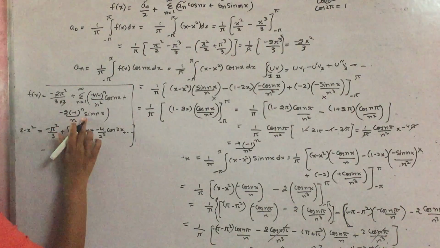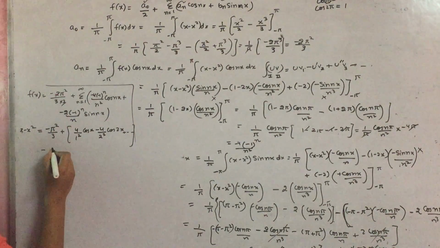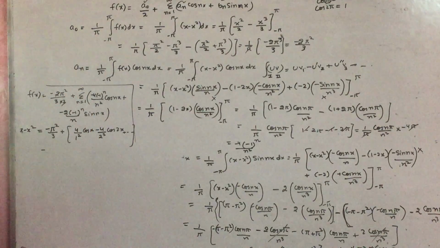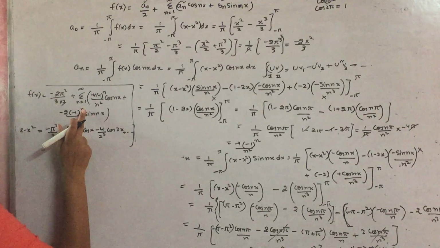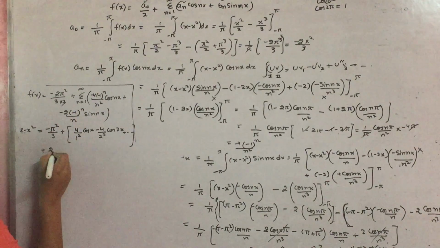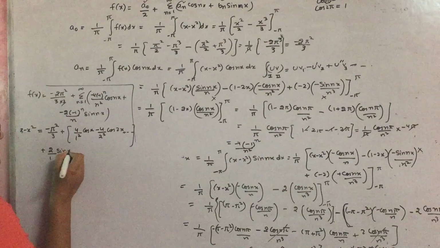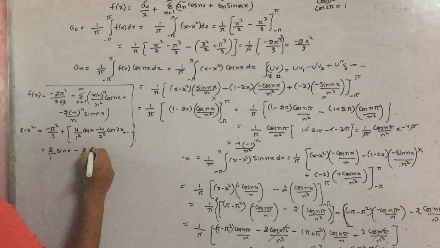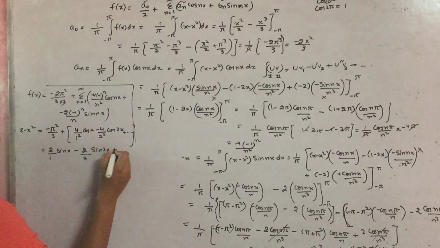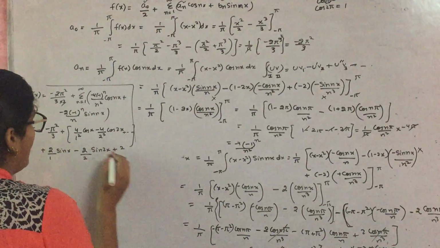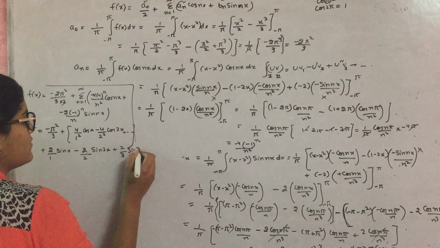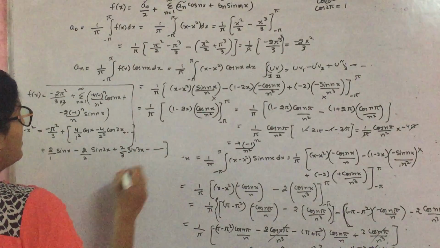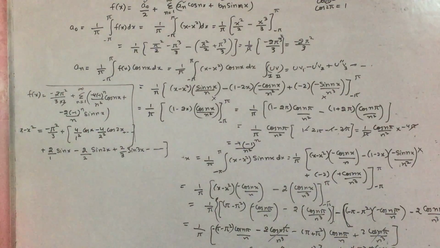Then similarly for sin nx, you have to split its sigma also, its summation expansion. So it will form minus 1 raised to power 1, that means plus 2 by 1 sin x, minus 2 by 2 sin 2x, then plus 2 by 3 sin 3x, and so on. Is it okay? Here we go. We have completed our Fourier series transformation.